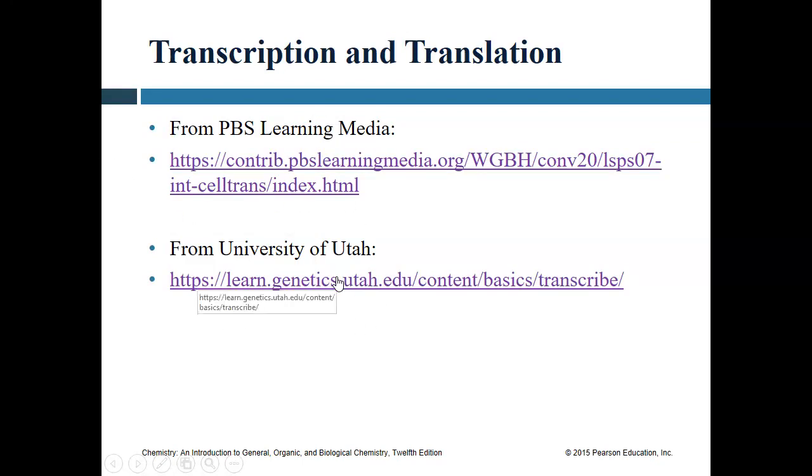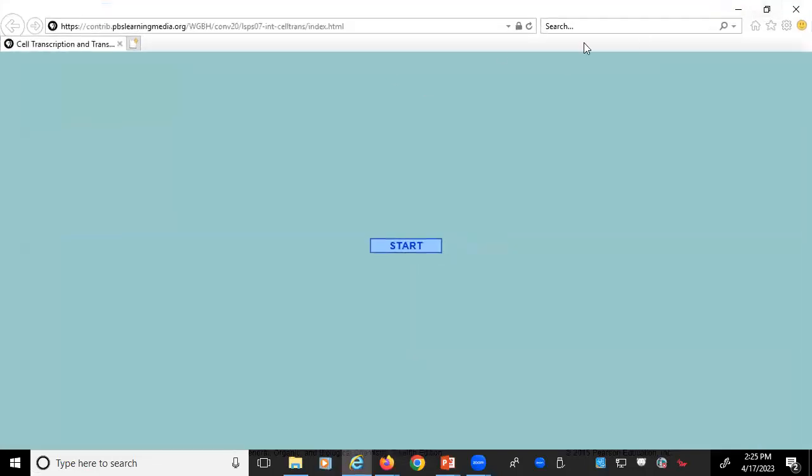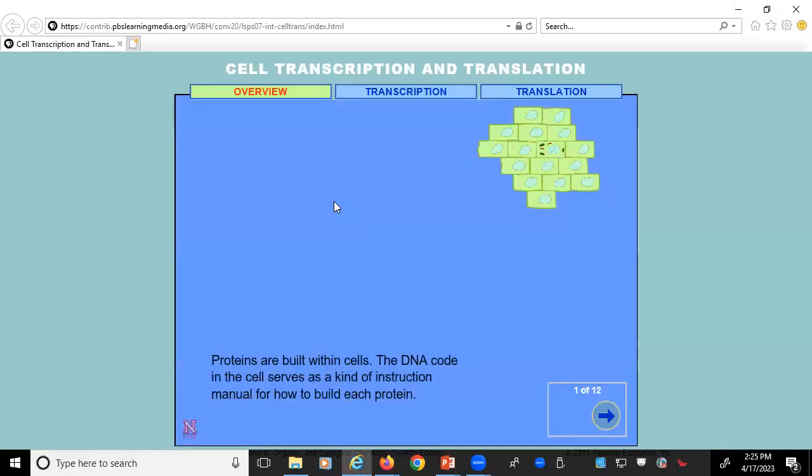Tomorrow, we'll look at this second one. The second one's a little bit more interactive for you, but it should help put some of this into context. So if we're looking at transcription here,